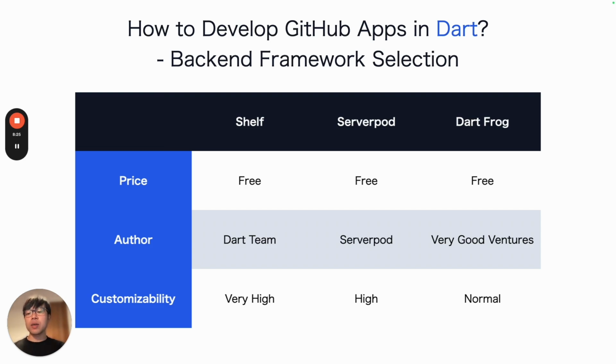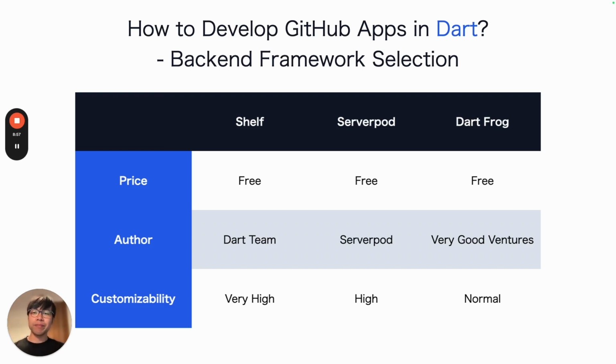As for customizability, Shelf is very high. Serverpod has database and OAuth, so if you develop a full stack app, Serverpod is for you. Dart Frog's functionality is minimal or simple. Code Sensei only needs to interact with the GitHub REST API, so let's use Dart Frog. Also, Dart Frog has hot reload like Flutter, so if you make changes to the code, you don't have to restart